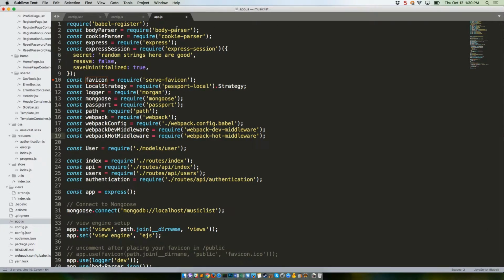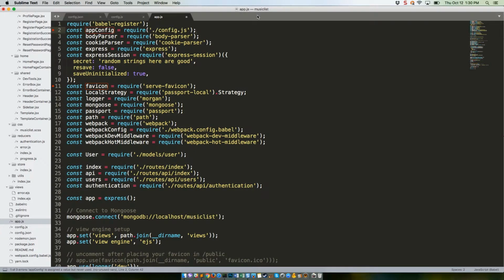Now, just below line 1, add the following. This gives us access to our config variables, so let's use them. Change line 7 to the following. That's it for this file. Save it, and then open